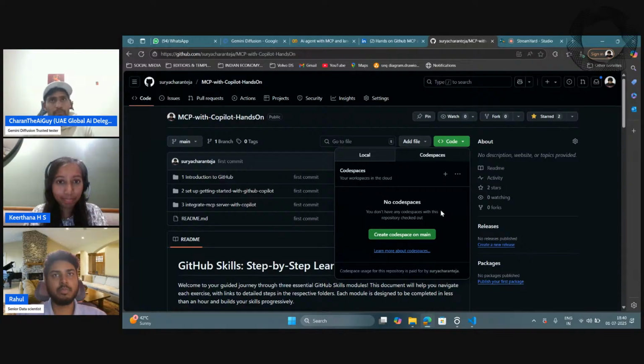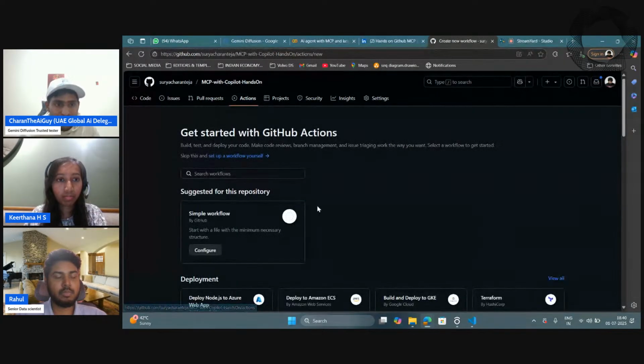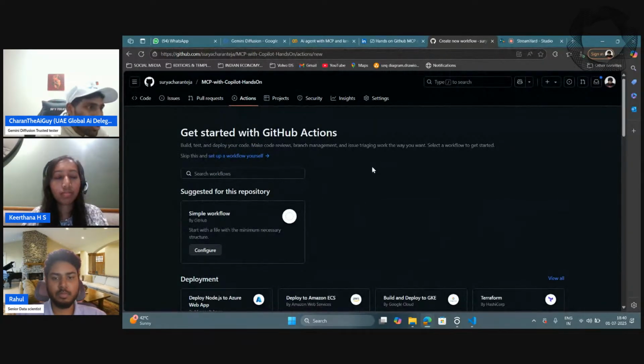Now let's imagine you're doing all your exercises, your GitHub Copilot, everything in VS Code in a codespace. How would those actions be reflected in this environment? That's where GitHub Actions comes into the picture. At this moment we don't have anything, so GitHub Actions is a kind of CI/CD, continuous integration and continuous deployment, built into GitHub. It allows you to automate workflows like running scripts when code is pushed, testing and deploying applications, and monitoring progress